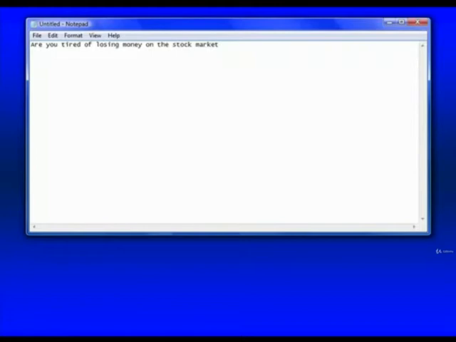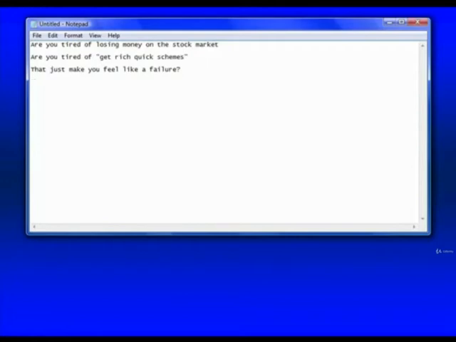I'm trying to think, this isn't a course on copywriting, but I'm going to just share a few things here. Of course, I want to try to appeal to people. Let's say, for example, that you're in the stock market and you're sick of losing money. I think that's a common thing that people feel. I could also say, "Are you tired of get-rich-quick schemes?" Okay? And then I'm going to break this off to the next line. Let's see, "Are you tired of that just make you feel like a failure?" Okay? So what I'm hoping here is to kind of strike a chord to get people to say, "Wow, I am tired of those things."